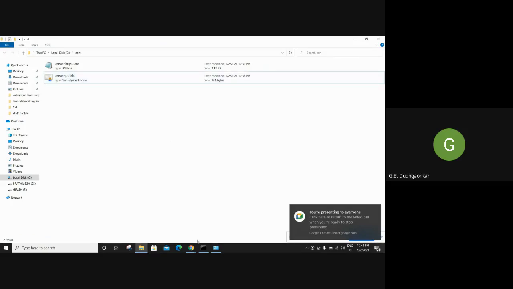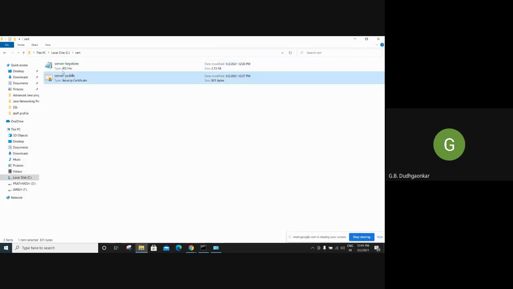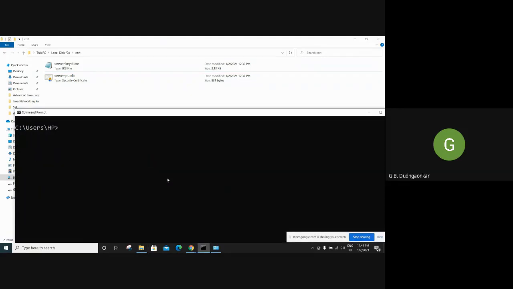Because now we have extracted this certificate from the keystore, we have to store it under the client keystore or trust store. So here we can use one more command, that is the import command. So again use the keytool command, then import.